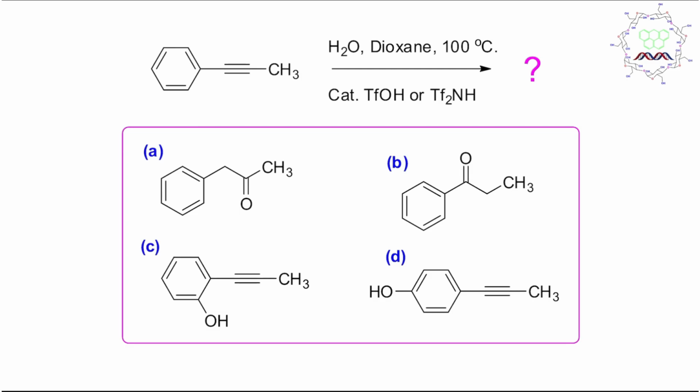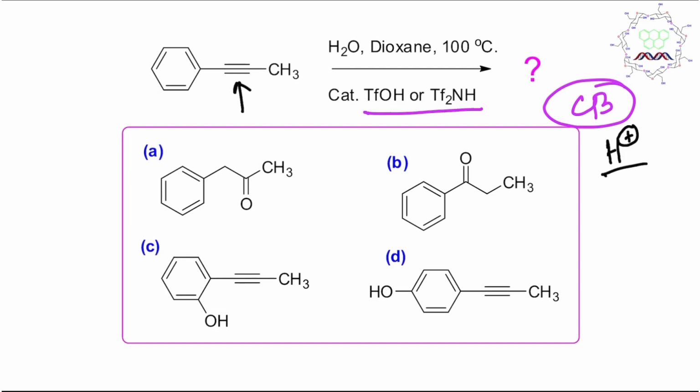So students, a very simple justification is that triflic acid or triflamide are extremely acidic, meaning their conjugate base is very stable. That's why they completely ionize and produce H+, and this H+ protonates the alkyne. Generally, alkynes are not good bases because they are softer in nature. But since